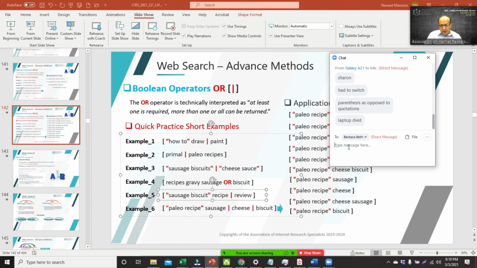So, parentheses as opposed to quotations. Parentheses are no good, Sharon. First of all, Google does not entertain that. It is deprecated, not acknowledged. It is not something that works. It is flaky, and if you want to compare apples with apples, the quotation marks have different functions. The parentheses you use when you have to do groups. So supposing you have two groups, like